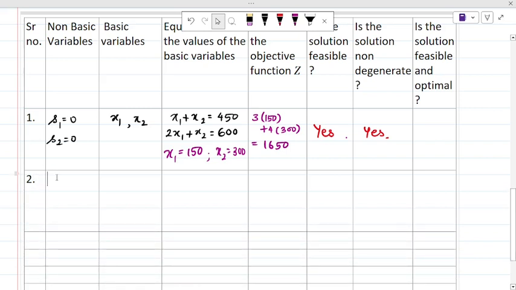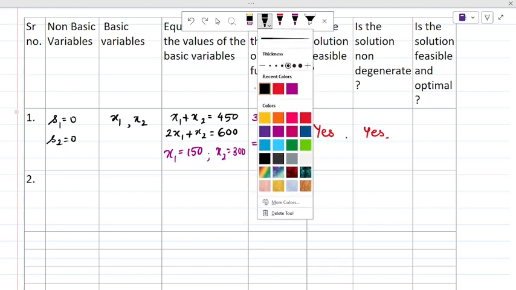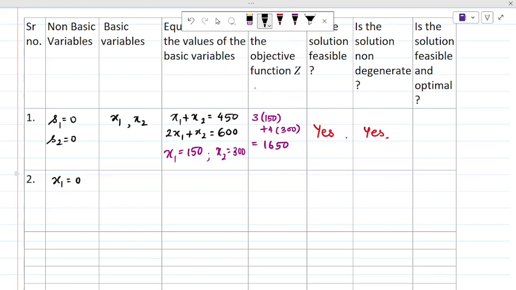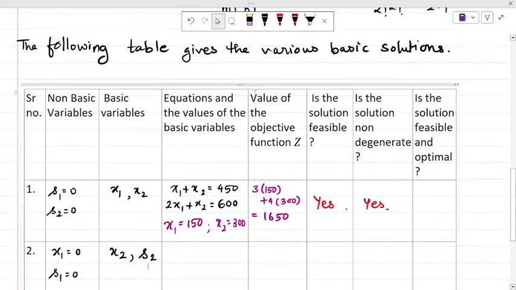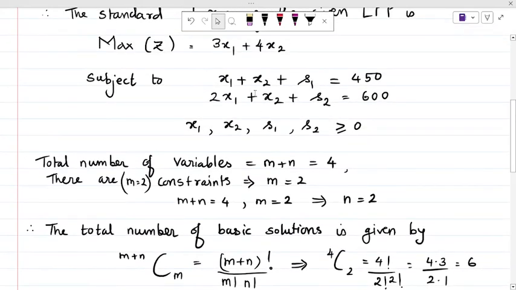So now comes the next choice. What will be the next choice? Let's say x1 equal to 0 and s1 equal to 0. Now when x1 and s1 are 0, what are the basic variables? Basic variables are x2 and s2. Now the solution for the equations that we get in this case will become: